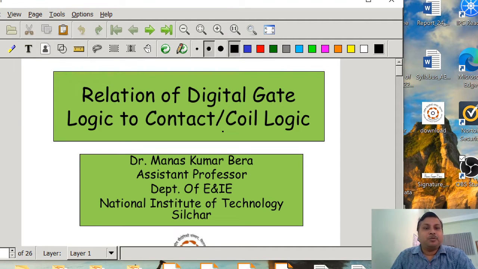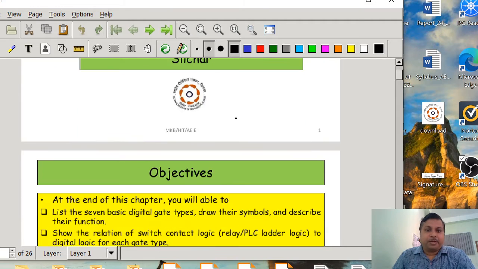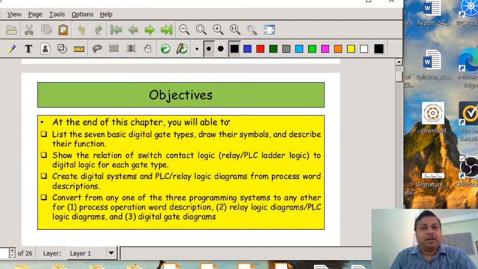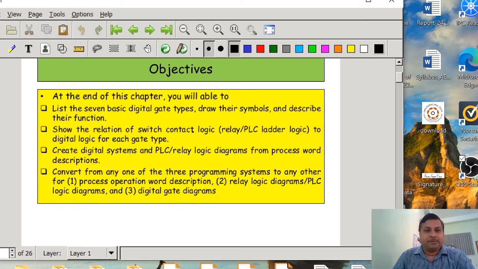And also we want to draw the relation between the contact and coil logic and the digital gate, that we are going to understand. So the objectives are, at the end of this chapter you will be able to list the 7 basic digital gate types, draw their symbols and describe their function, show the relation of switch contact logic, that is relay or PLC ladder logic, to digital logic for each gate type, create digital systems and PLC relay logic diagram from process word